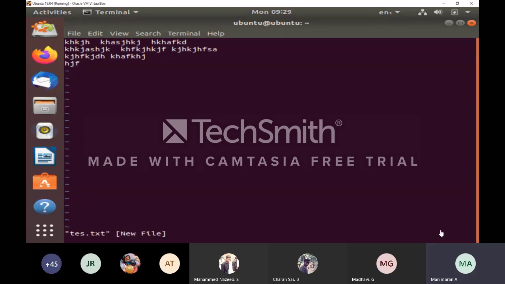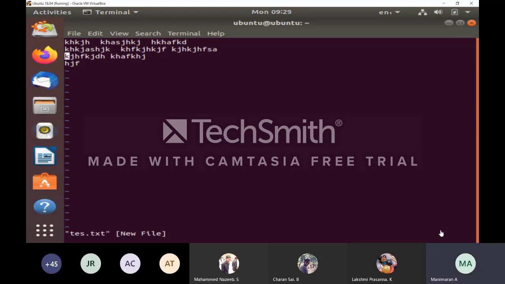And then if we want to delete the entire line, for example, in my file, the third line, completely I am going to delete. I want to delete. Then what I have to do? First I have to keep my cursor in the third line, first character. After that I have to press d. Small d is there, no? 2 times you have to press, that entire line will be deleted. Check it, I am doing now. First I have to go up.